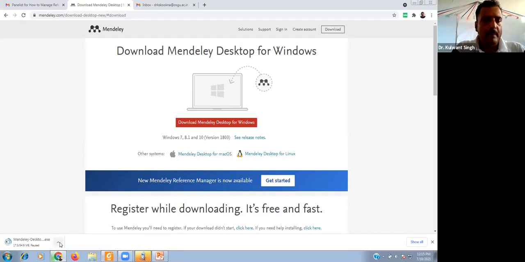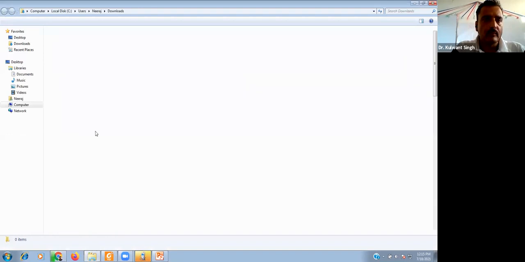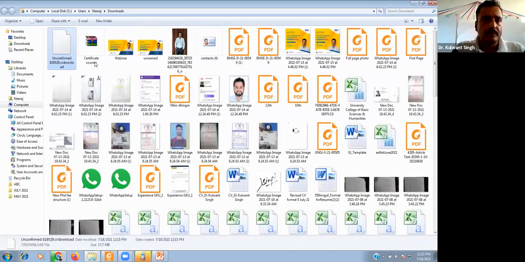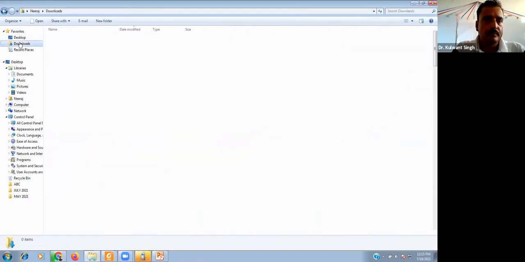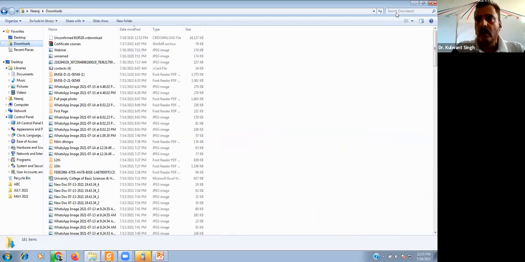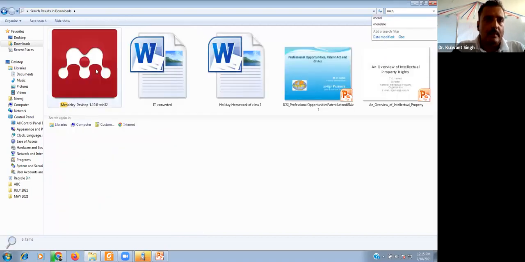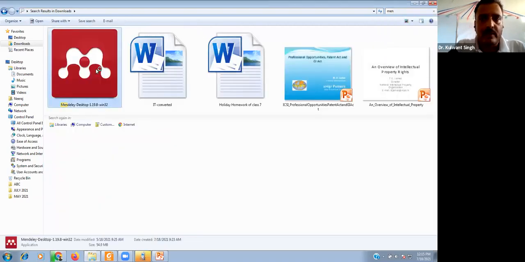And after downloading, we have to install this Mendeley Desktop in our system. So this is a basic process.